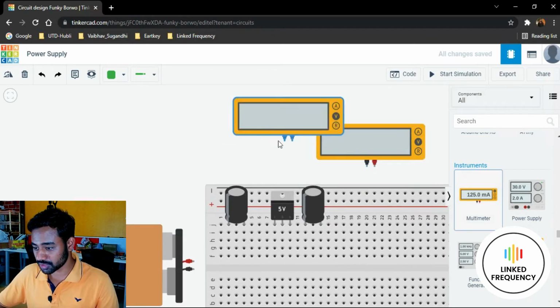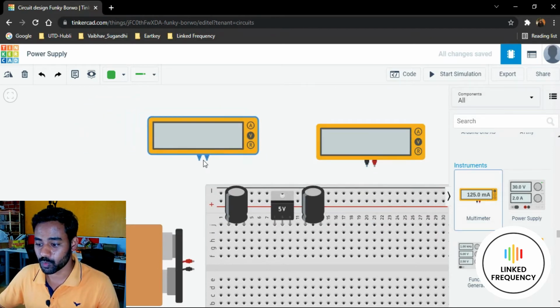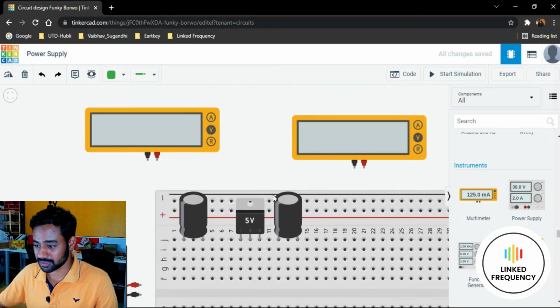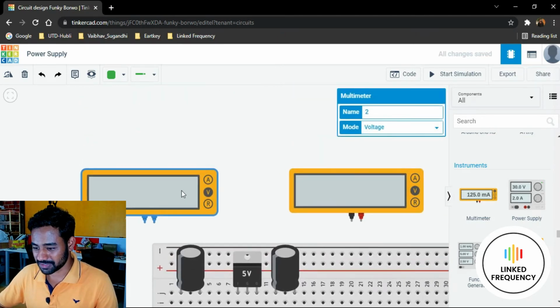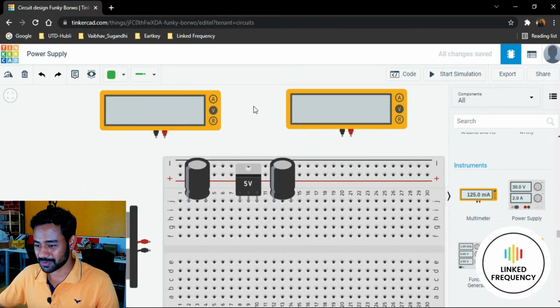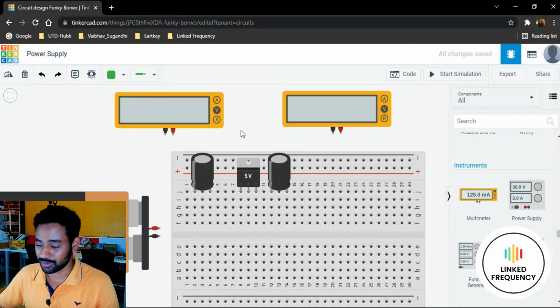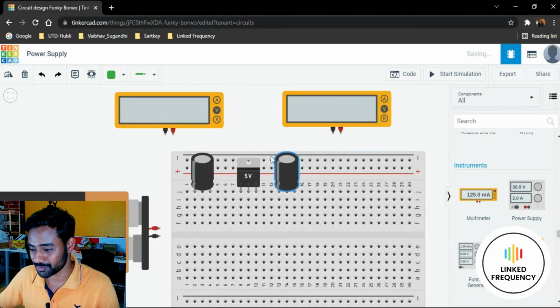I just want to use two of them, because I wanted to know what my input voltage and what my output voltage is. Now I'll place both of them here, a little bit in a proper way so that it looks professional. Yep. After that, it is time to connect the circuit. Okay, this is the place where we are going to make a connection.